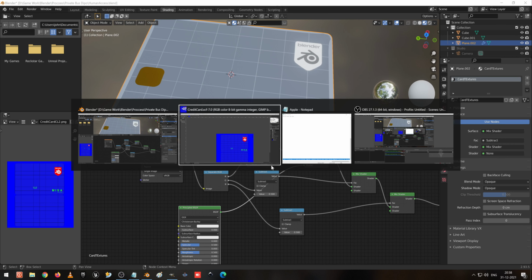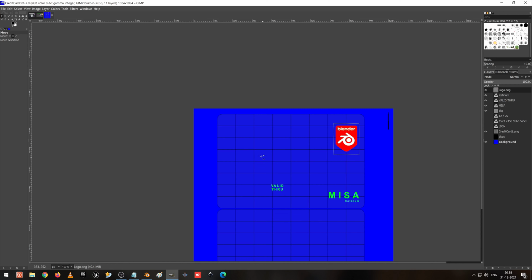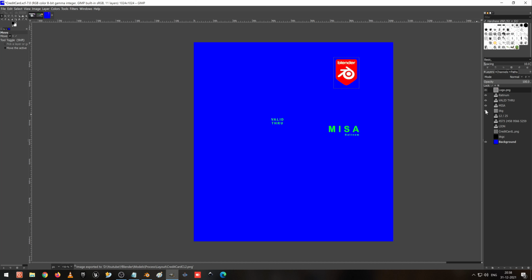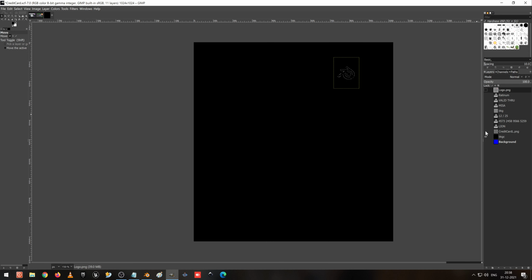Oops, I missed doing some more settings in here. Turn off this layout, and now export as credit card 2, and I turn off these things, only the background. This is not required, this okay, this okay, this okay.